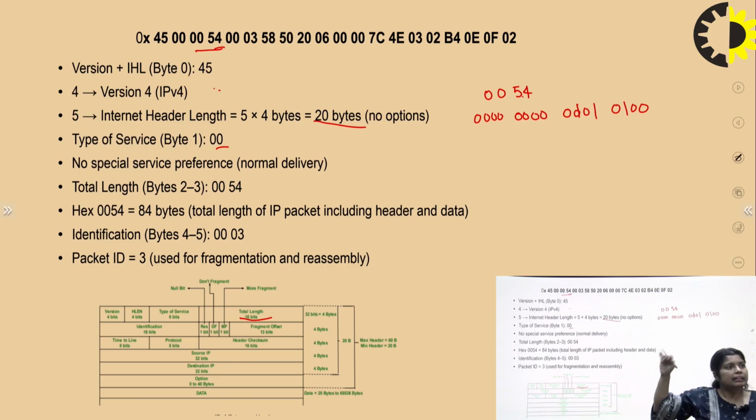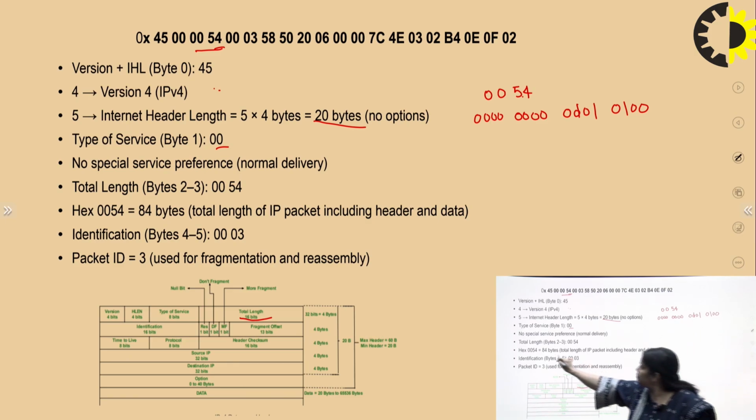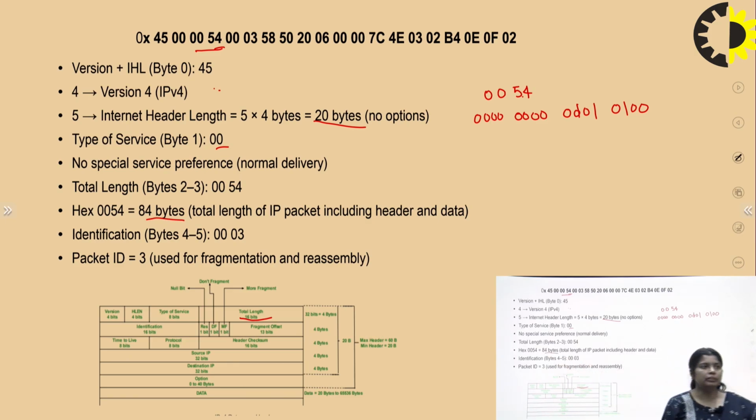0054 is there. Now from this, hexadecimal is converted into the decimal format. So the answer is this one. The total length is 84 bytes. How are you converting it? With the binary notation, and after that it will be grouped, and then you can get the answer in decimal format. Next is the identification, because all the packets are to be fragmented, not the complete packet is going to be transmitted to the destination.